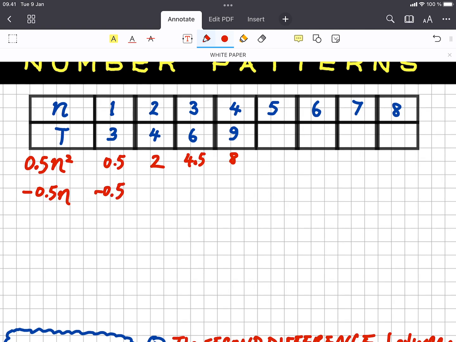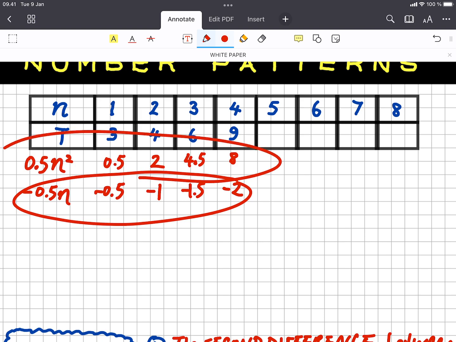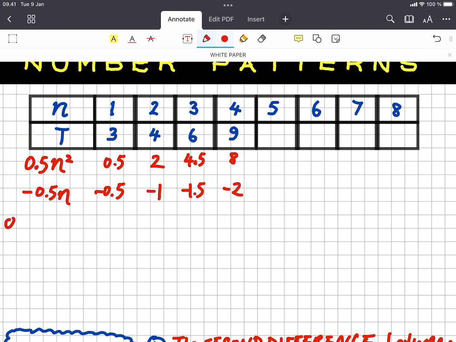Minus 0.5 times 2 is minus 1. Minus 0.5 times 3 is minus 1.5. Minus 0.5 times 4 is minus 2. So if we combine those numbers with the first line that we got, to get 0.5 n squared minus 0.5 n,